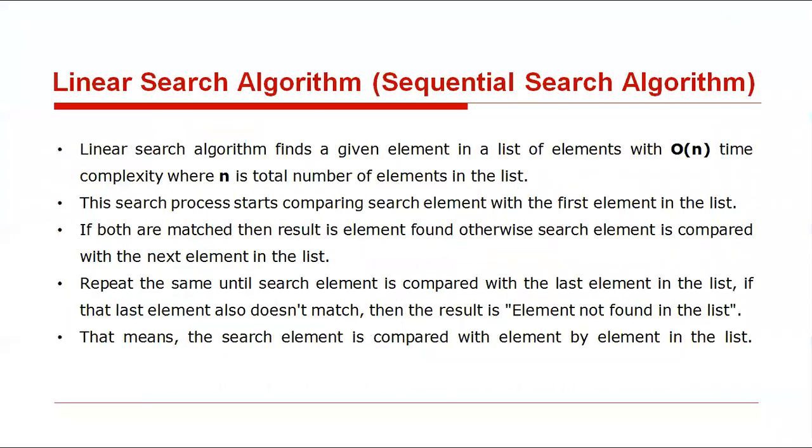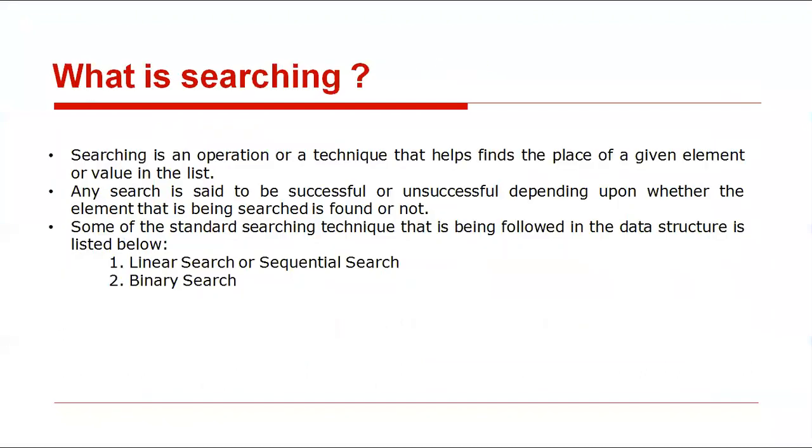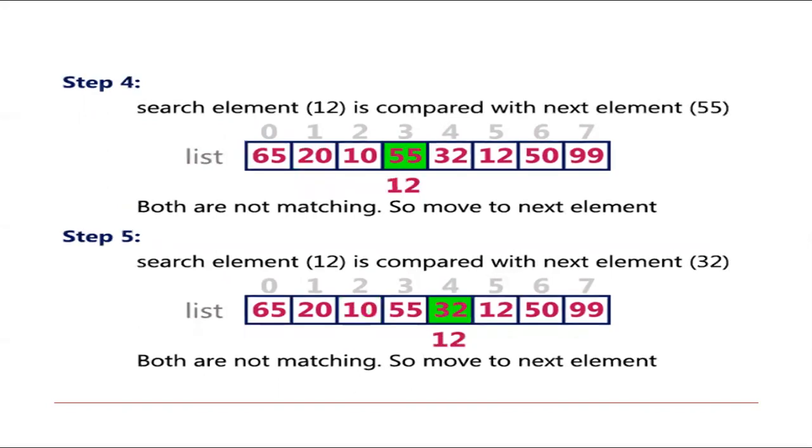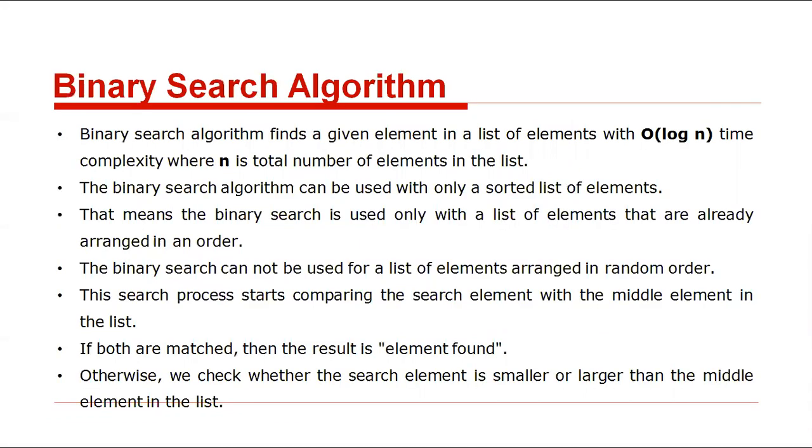So this is linear search. In the linear search algorithm, we can search for an element in sequential order. The given array may be sorted or unsorted, but it starts one after another, starting with index 0, next element, next element, up to n minus 1 elements. Clear? So this is the linear search algorithm.